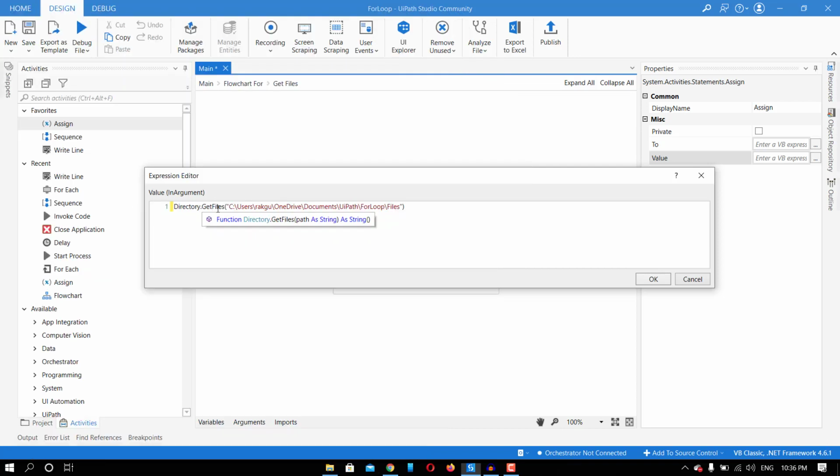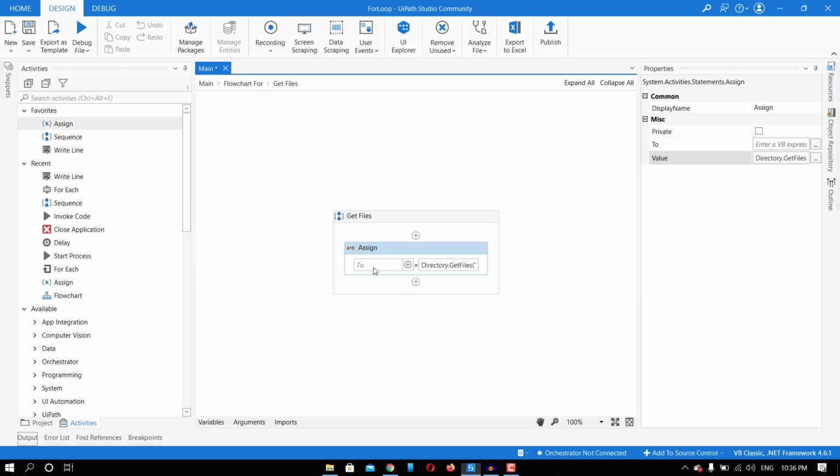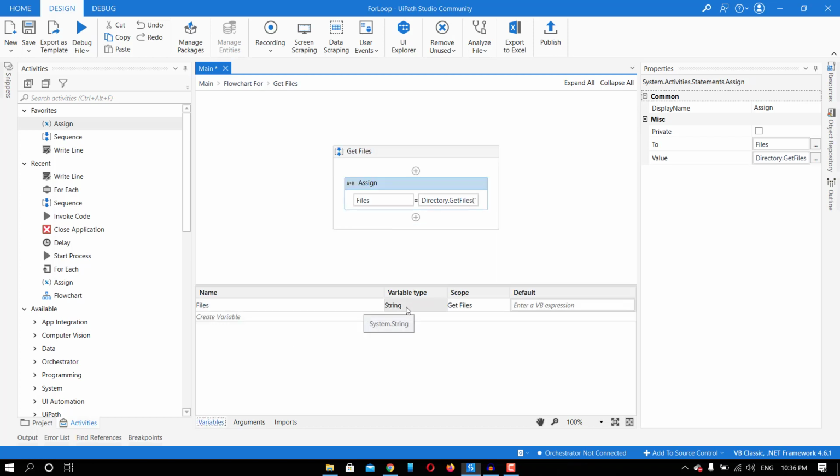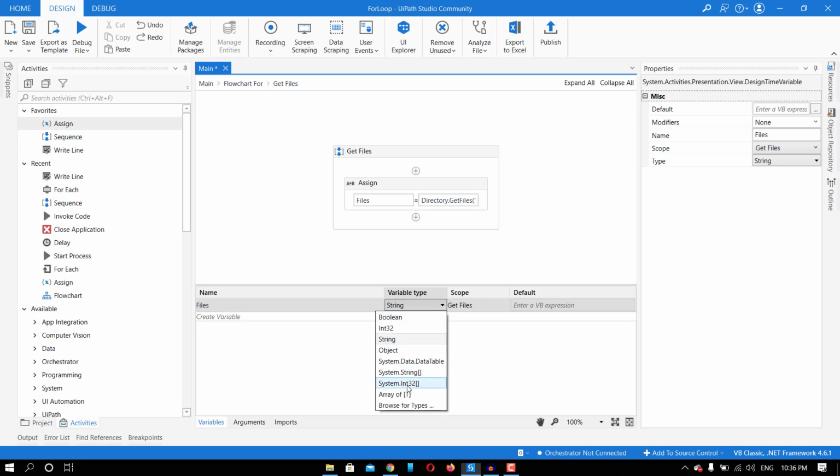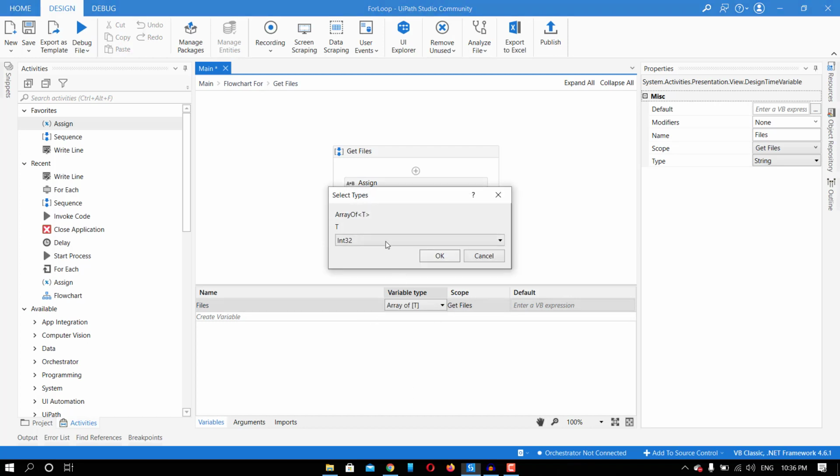String and then brackets. So it means it's giving an output of array of string, right? So on the right hand side, I will press Ctrl K and I will write files. Okay. And if you go to variables, here its variable type is string, but I need to change it to array of string.